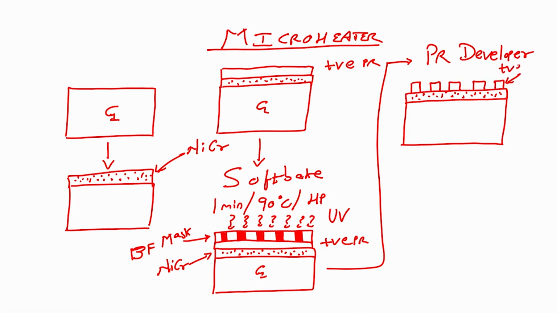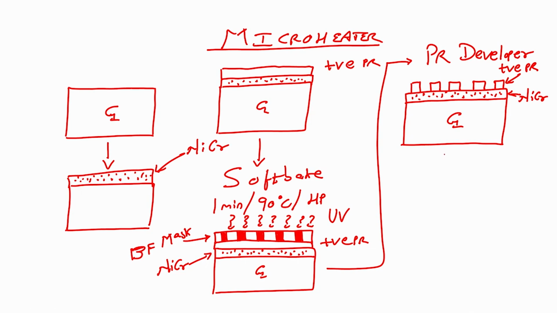This is my positive photoresist, this is nichrome, this is glass. What will happen? The area which is not exposed becomes stronger and the area which is exposed will become weaker,